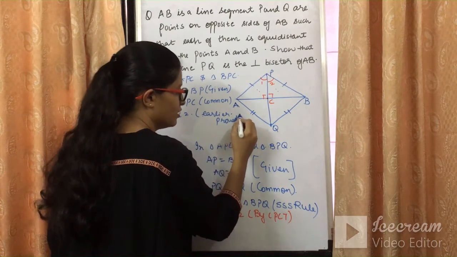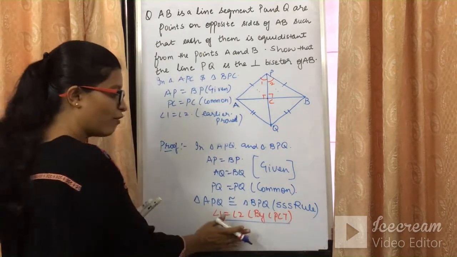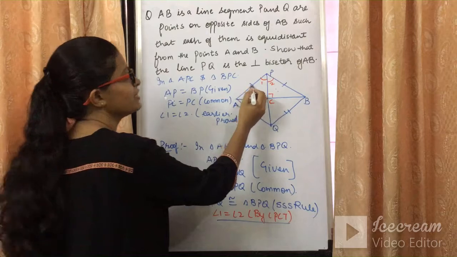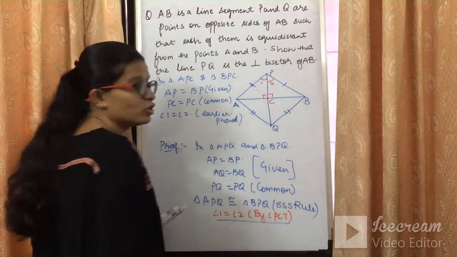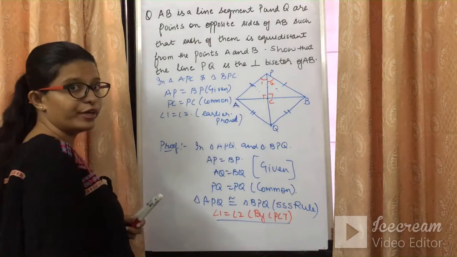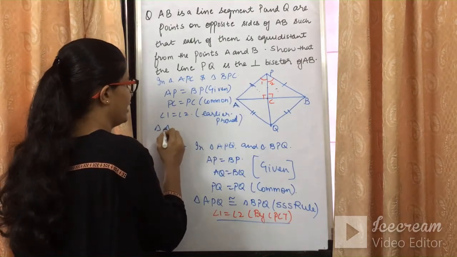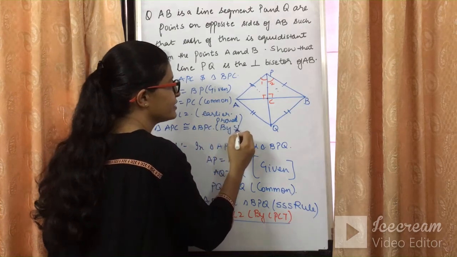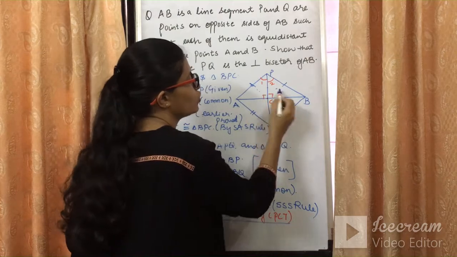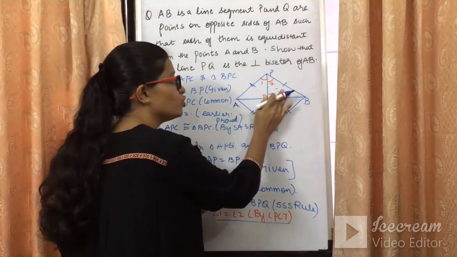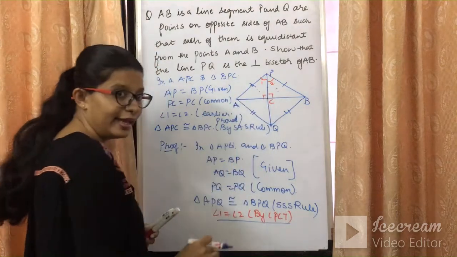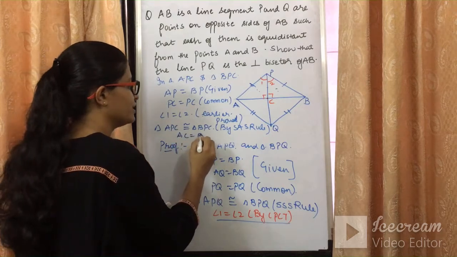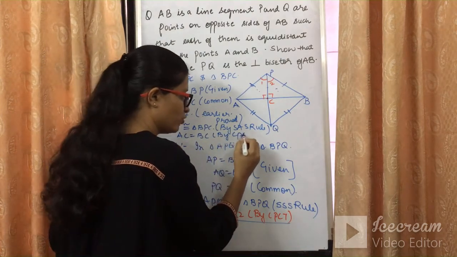कहाँ से prove किया? अभी तो prove किया है यहाँ से. So we have already proved earlier. That's why we can take angle 1 is equal to angle 2. Since we have this side equal, this angle, this side, can we state that these two triangles are congruent by SAS rule? So triangle APC is congruent to triangle BPC by SAS rule. So we can say these two triangles are equal. And once these two triangles are congruent, we can say that AC is equal to BC. AC is equal to BC बोल सकते हैं by CPCT. And that's what we wanted.